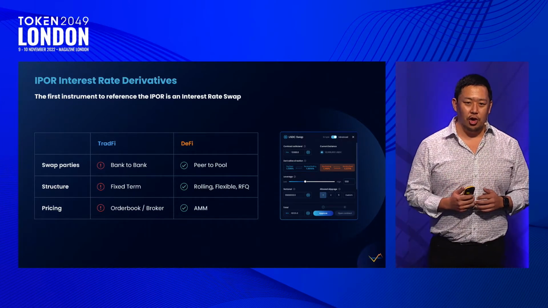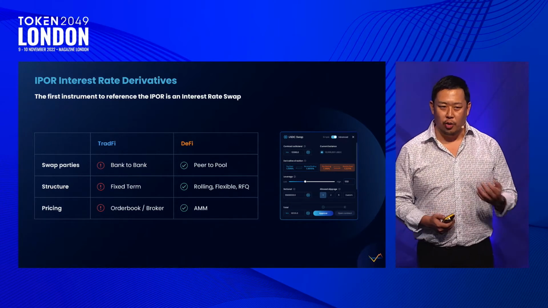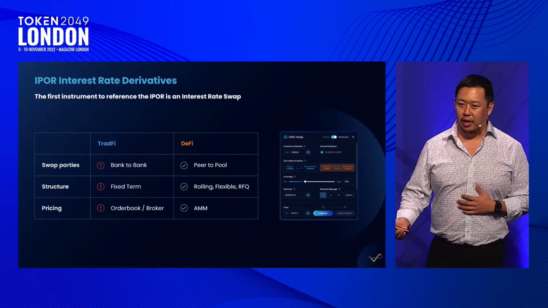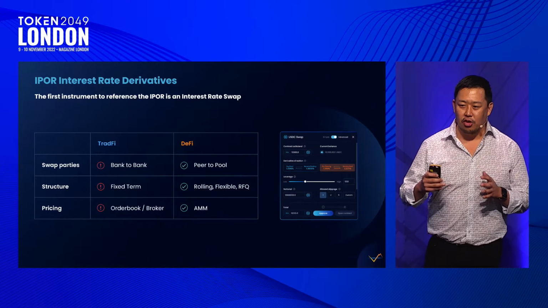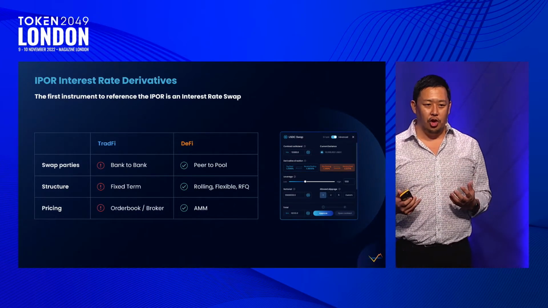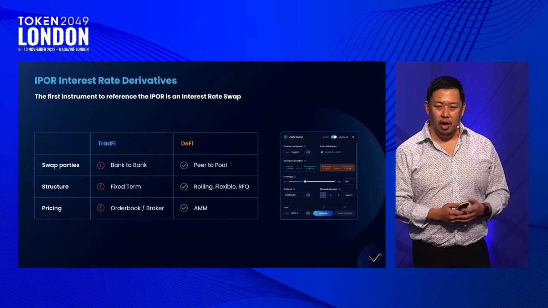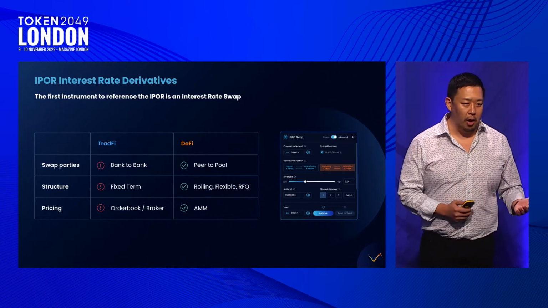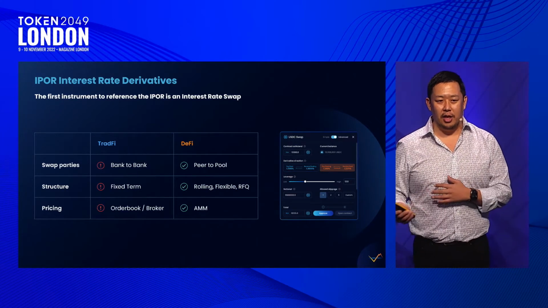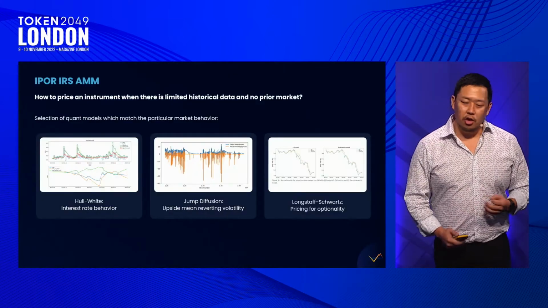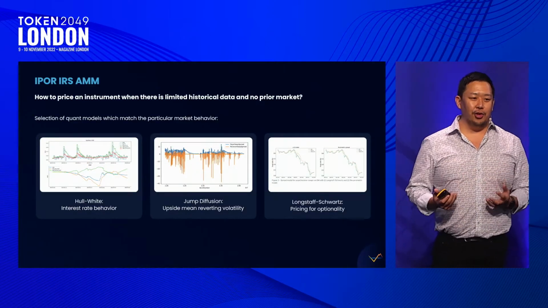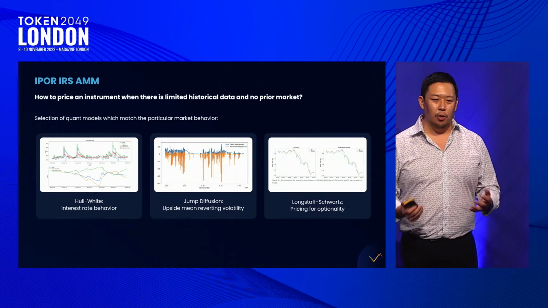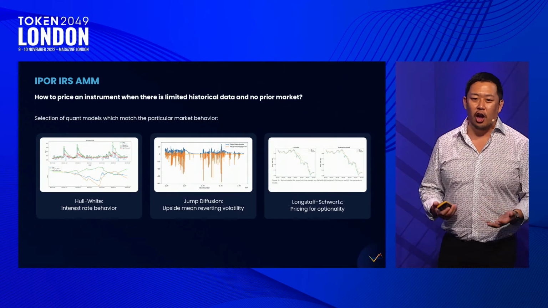Instead of having this rigid structure, it's more similar to an RFQ, or a request for quote. As soon as the trader takes the instrument, that starts the clock to the 28-day maturity. So again, this is designing an instrument that matches the, let's say, the temperament, the term structure, and the behavior of the users of DeFi currently. And then finally, the pricing is done by an automated market maker. And really, this is the secret sauce that sets IPOR apart. So in building an automated market maker for interest rates, which have a very different behavior than, say, assets, we can't use the simple x times y equals k pricing that you find, let's say, on Uniswap. Why?